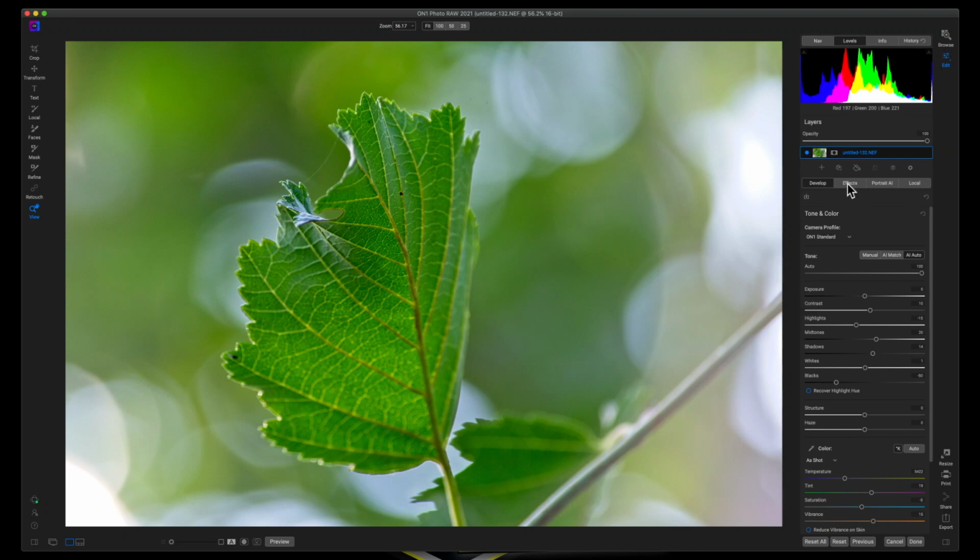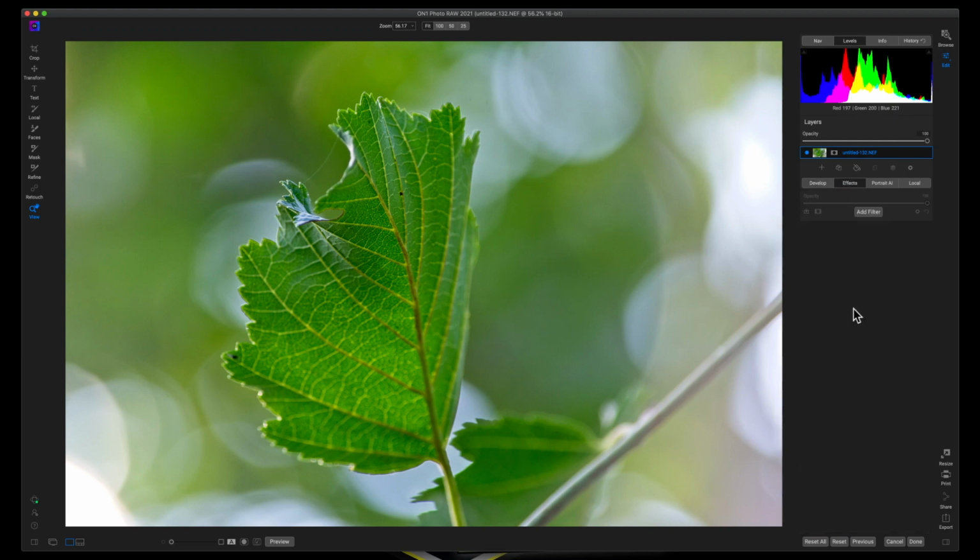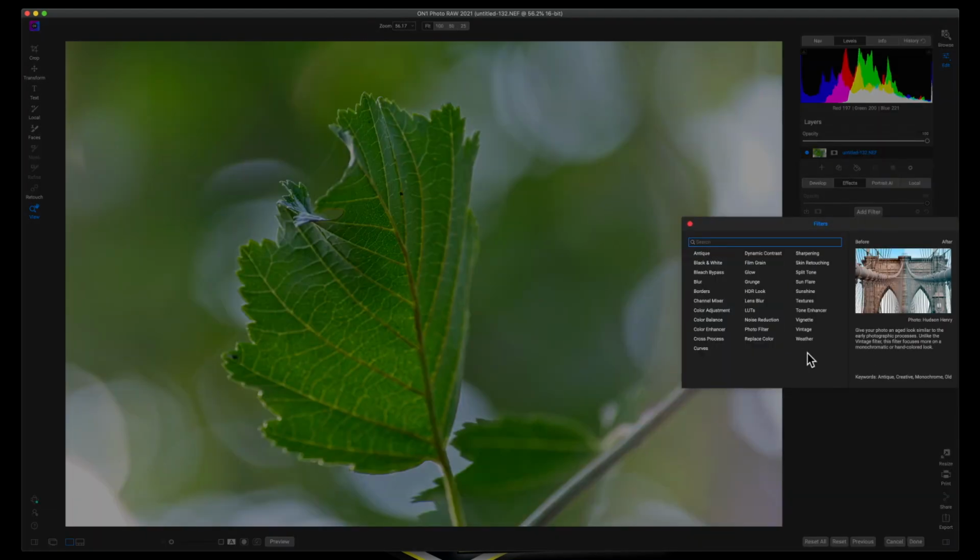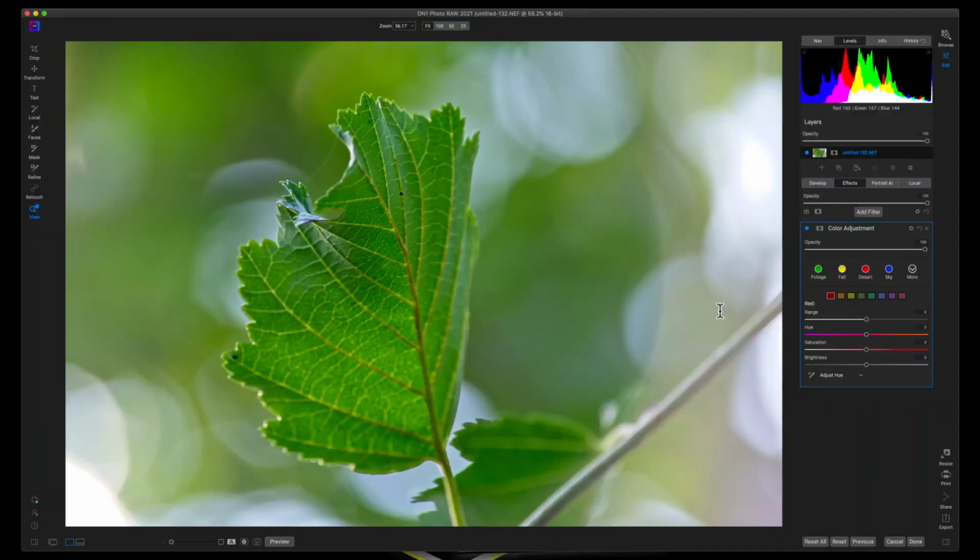We're going to go ahead and click on Effects, and the very first thing that we're going to add is a color adjustment. Now, what I want to do is really get these greens to come out just a little bit more. I can click on the foliage option, and that just looks a little too fake. Now, what I can do is just pull down on my opacity, bring that to about 50%, and that looks